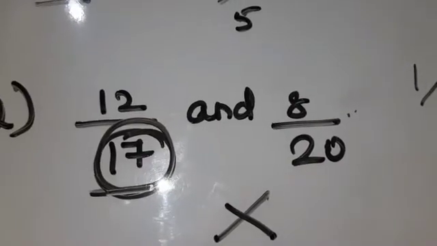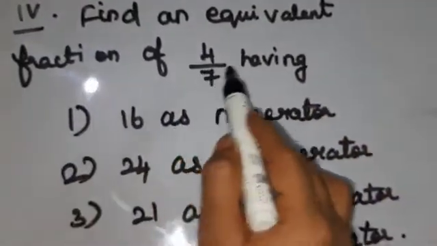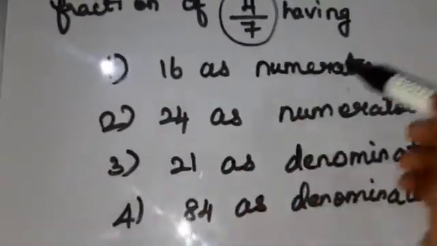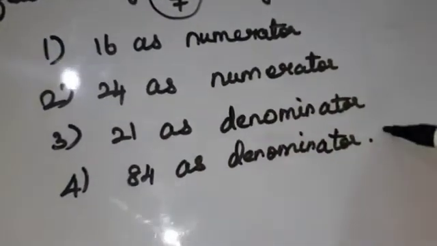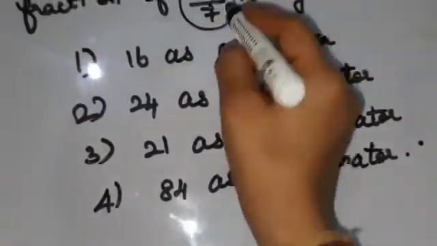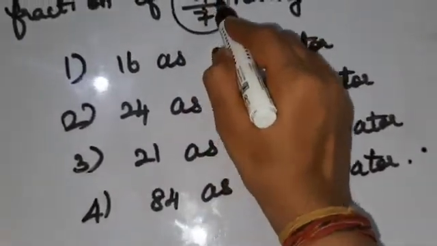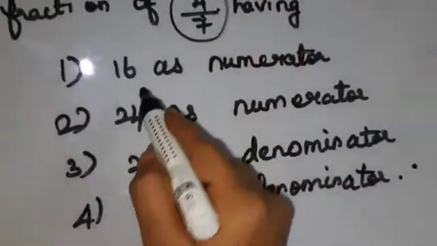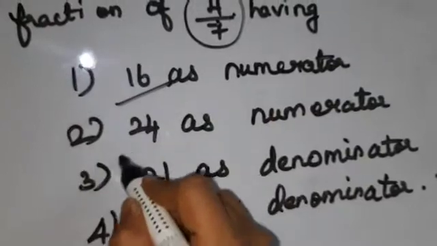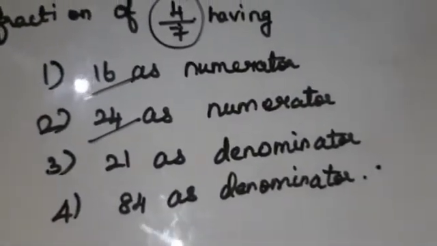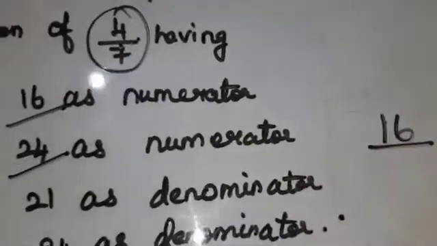Now, let's solve fourth main. The equivalent fraction of the given fraction 4 by 7, having the numerator. See here. Here they have given a series of numerator and denominator as an option. So 4 means it should be the multiple of 4, or the given number should be divisible by 4. Here 16 will be divisible by 4 and 24 will be divisible by 4. Let's check. So if 16 is numerator, then